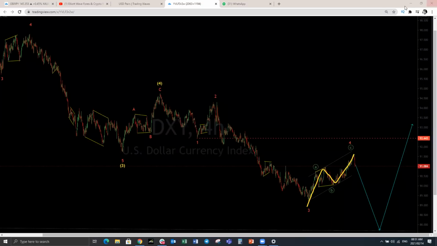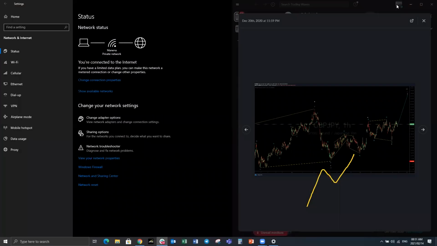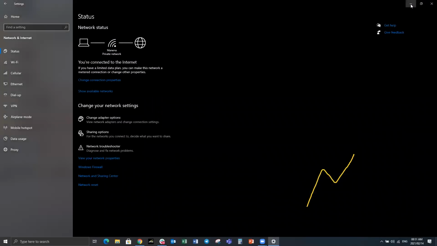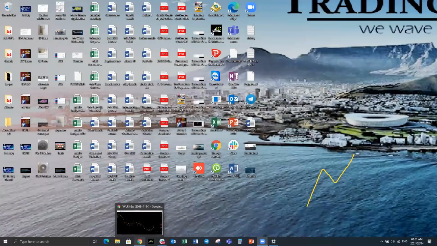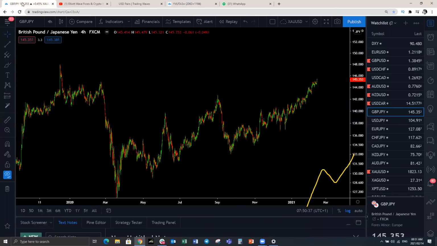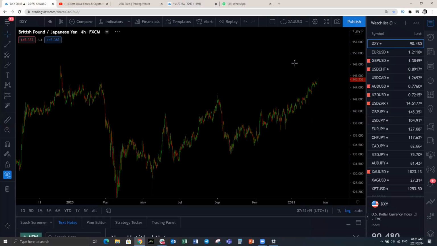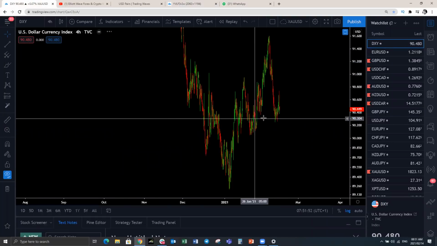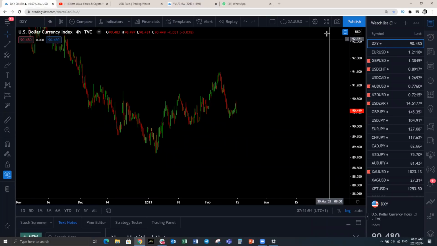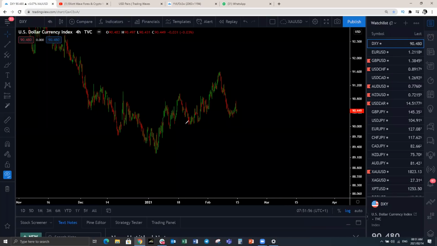How is this playing out now? We still expect the US dollar weakness in the next coming weeks. Let's have a look. Let's go back to our live chart. We're still expecting the US dollar weakness in the coming weeks, so you'll see how this has played out. Let's look at the 4-hour. So that is that move. We've had the 3-wave structure, 1, 2, 3. That is an ABC corrective structure that we've got here. Now we've made an impulsive move to the downside.